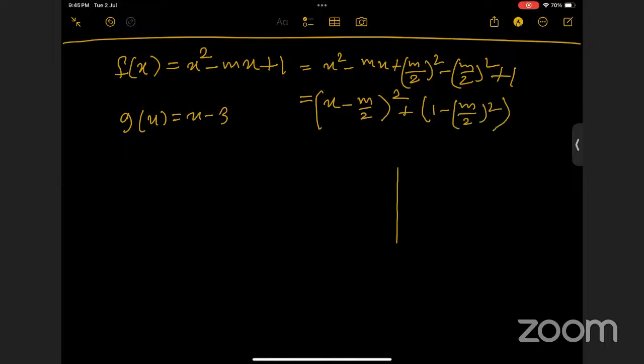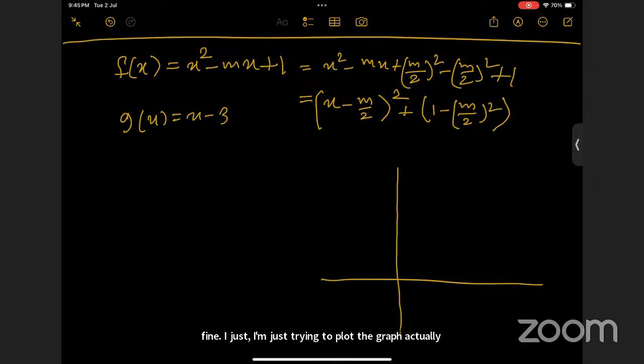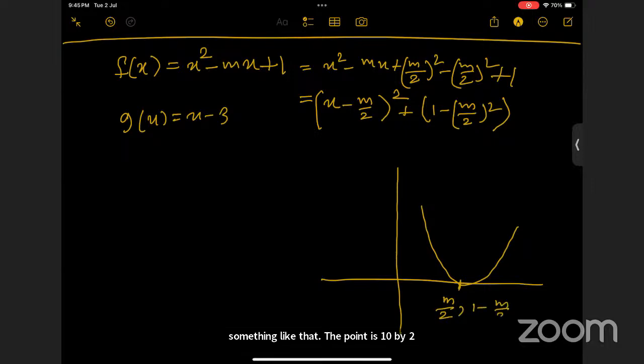No, no, ma'am. We need not find m in the equation. I'm just trying to plot the graph. Okay. So maybe something like that. The point is m by 2, 1 minus m by 2 squared also. So the vertex. We have x minus 3. That means